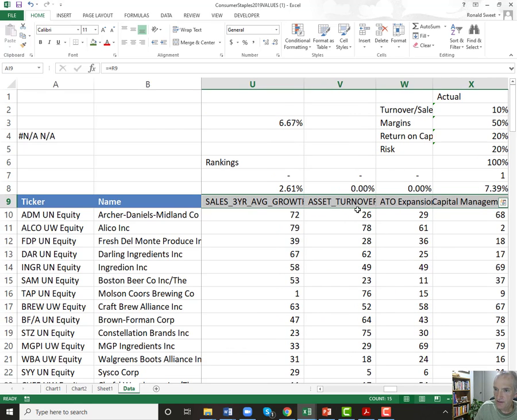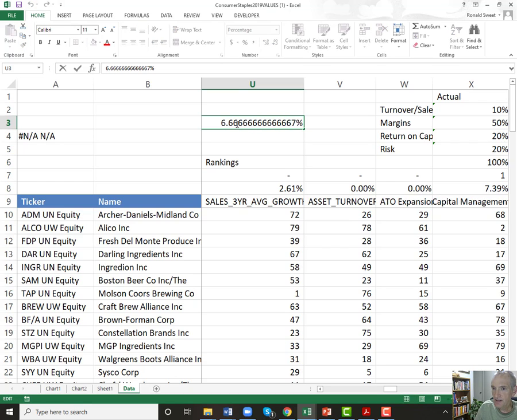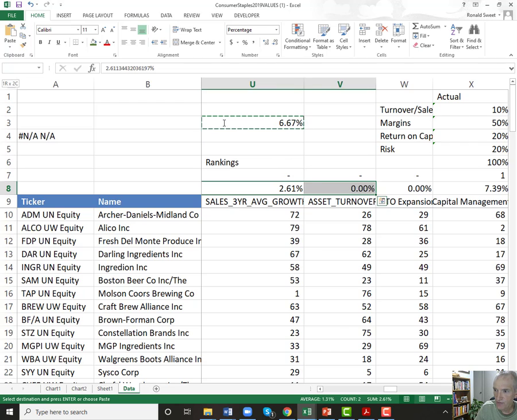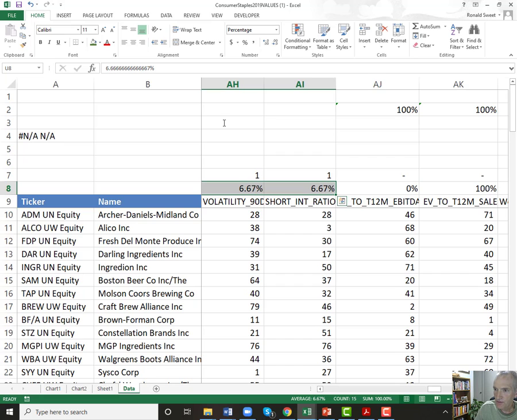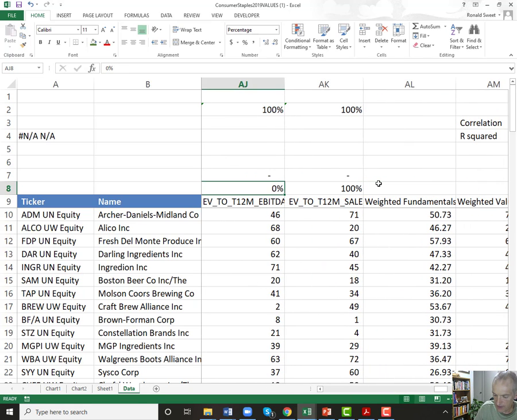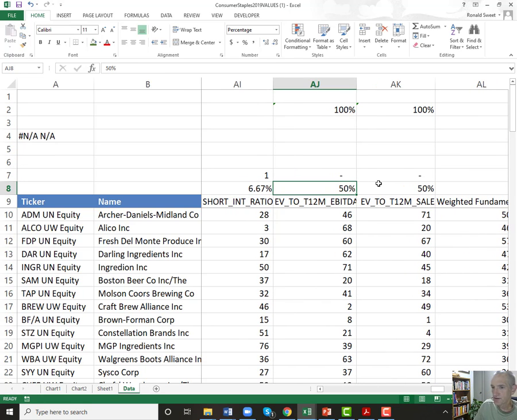So there's 15. What I want to do is take 1/15, which is 6.67%, and put that into each one of these things that we have. And when we do that, you can see that they add up to 100% because this sums them all. We also have 2 relative value factors, so I'm going to put 50% in each, and they add up to 100% as well. One is EV to EBITDA. We talked about that one last class. And then EV to sales. So what I'm doing to start with is just putting equal weight